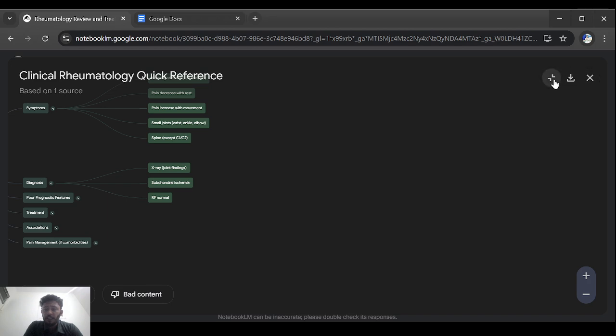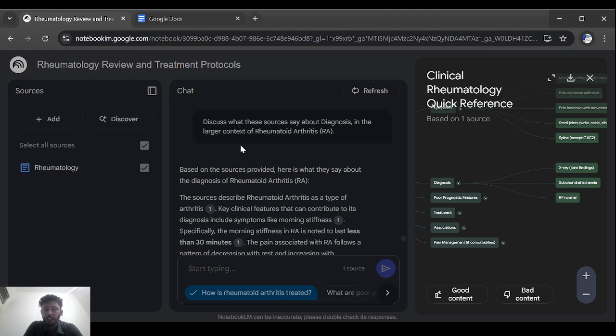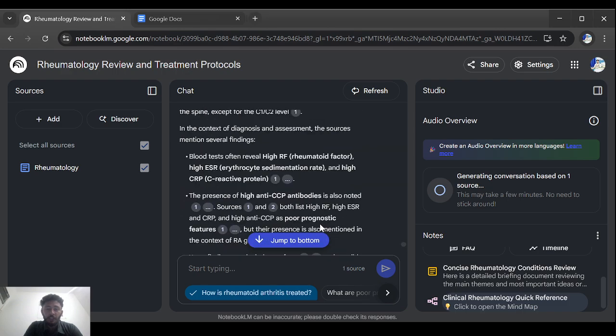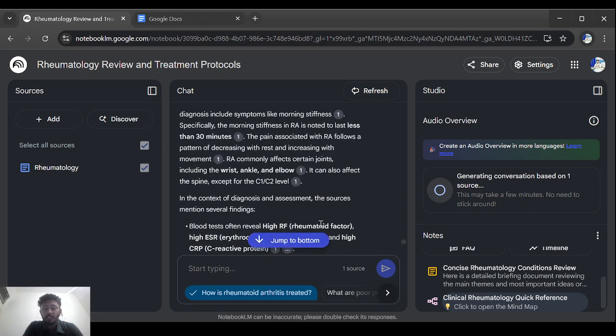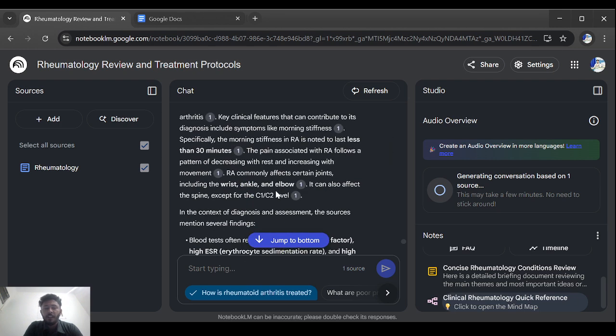Not only that, when I clicked here on the diagnosis, it actually asked the question from NotebookLM as well about the diagnosis: discuss what these sources say about the diagnosis in the larger context of rheumatoid arthritis. So not only that, it gave me the whole answer as well. When I exit it, I can move it up and down to see the answer of the question that I asked. I didn't ask it. I just clicked on the word and it made the question by itself